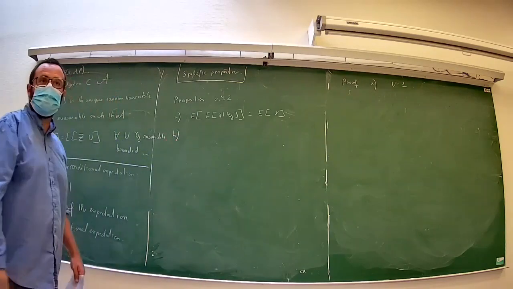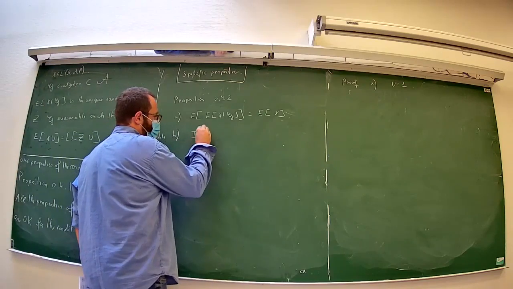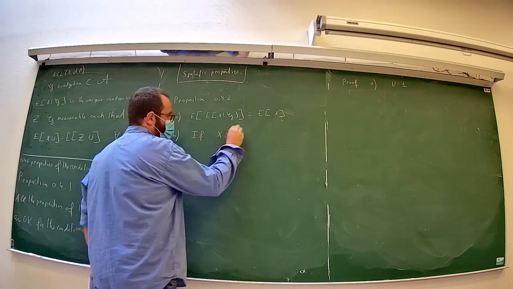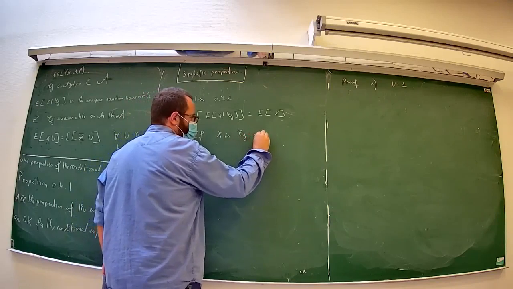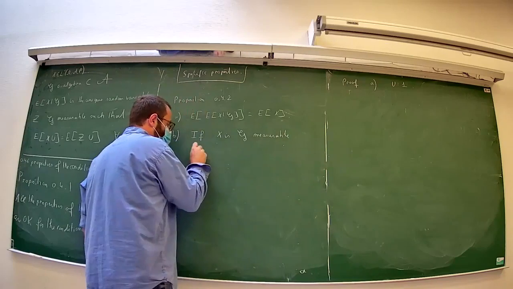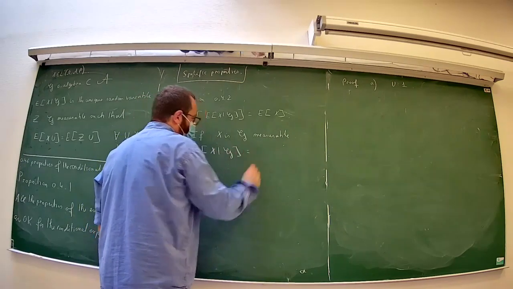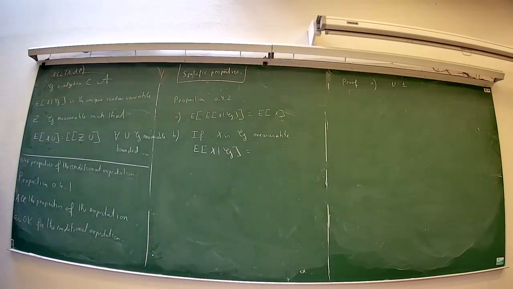Are you okay with this first? Now, I say that if x is J measurable, the conditional expectation of x given J is equal to what? It's in the case of independence, this one. So here,